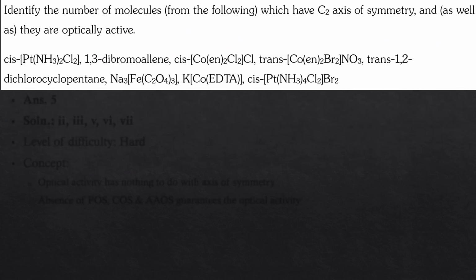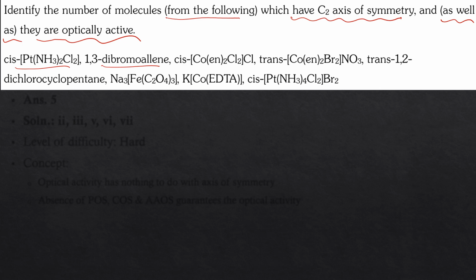So we have rephrased our question. This question should have been: identify the number of molecules from the following which have a C2 axis of symmetry as well as are optically active. The compounds given here: this is cisplatin and this is dibromoethylene. We have 1,3-dibromoallene. We have a cobalt-ene and chlorido complex, that was cis, and this is a cobalt-diene and ethylenediamine